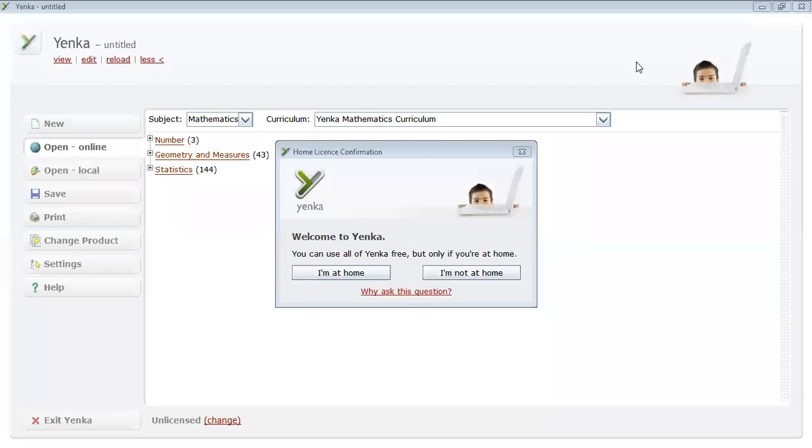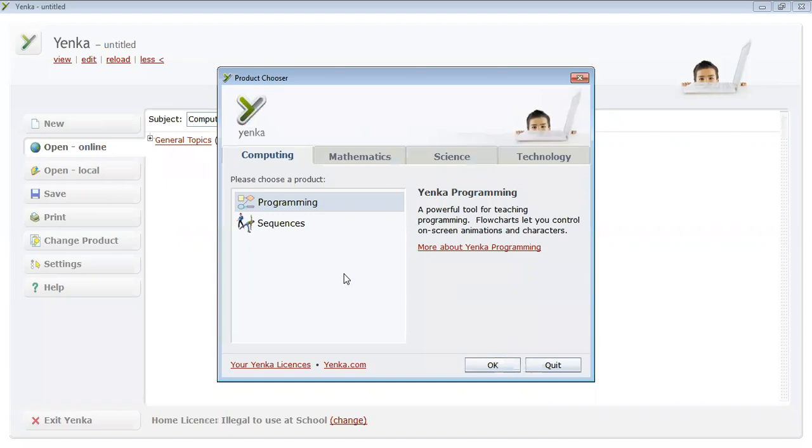Okay, so this is the third tutorial on Yenka. Now, again, we started off with our same starting point. When you open it up, it will ask you, obviously, I'm at home. Of course, yes, you're at home using this license. I'm not too sure what would happen if you press the other one. That doesn't matter. To start the program, you come to here and you've got, same as last time, computer,